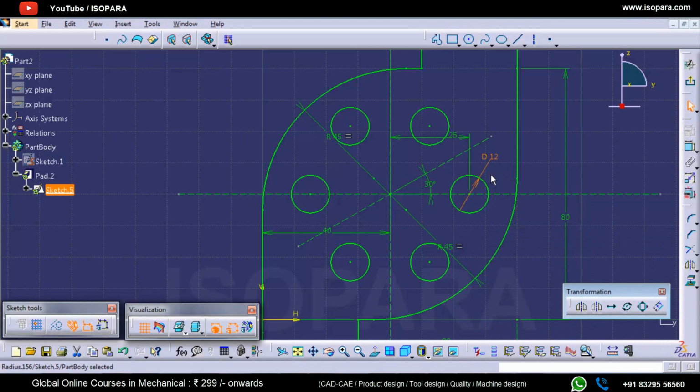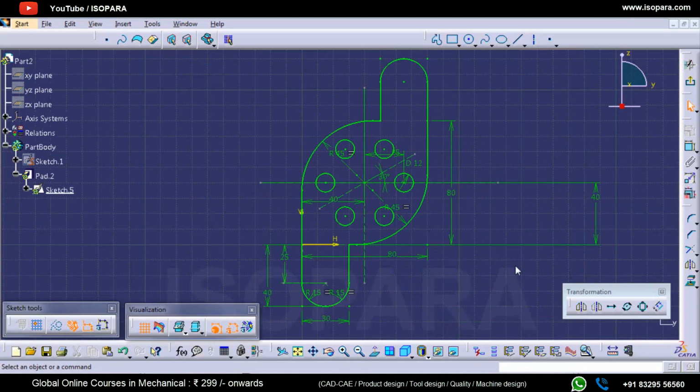So this should be your way of working when you are making some patterns inside the sketching, and it is better to go with the part modeling only for patterning like circular or maybe rectangular patterns. So never go for translate or rotate, better to go with the part modeling rectangular pattern or circular pattern.